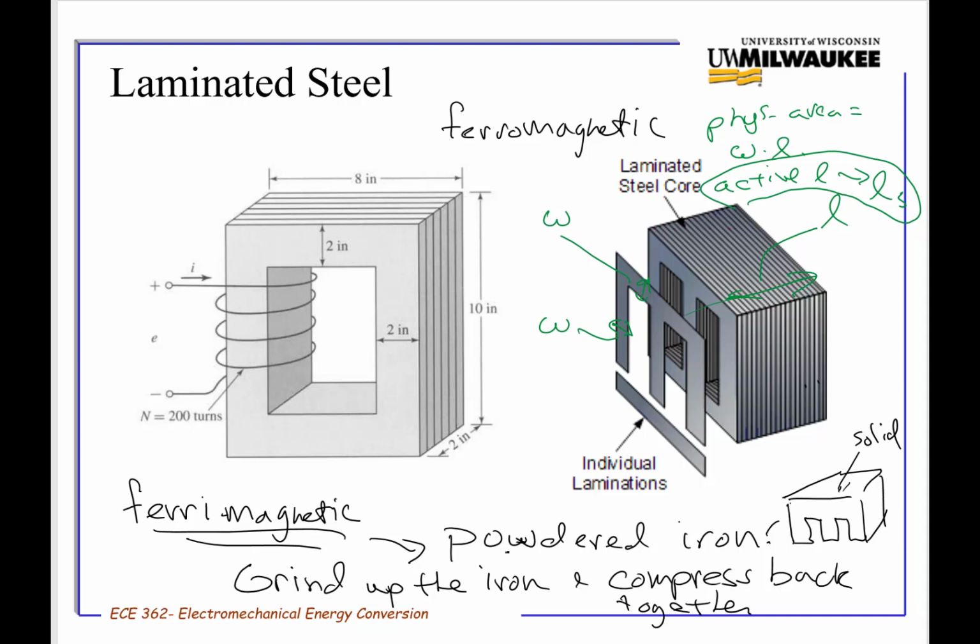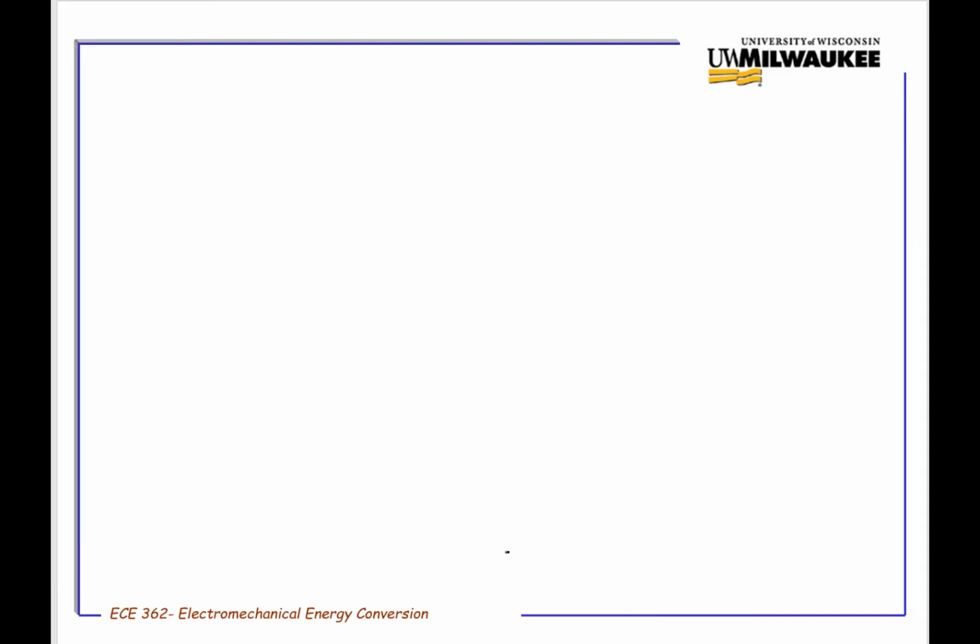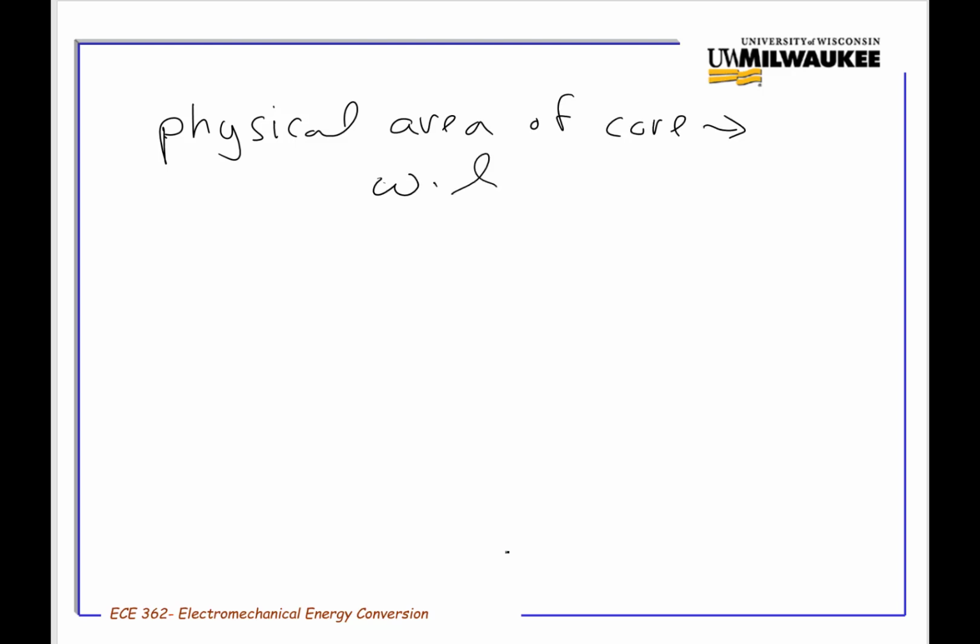So the physical area of the core is W times L. The active area of the core is W times L sub s,